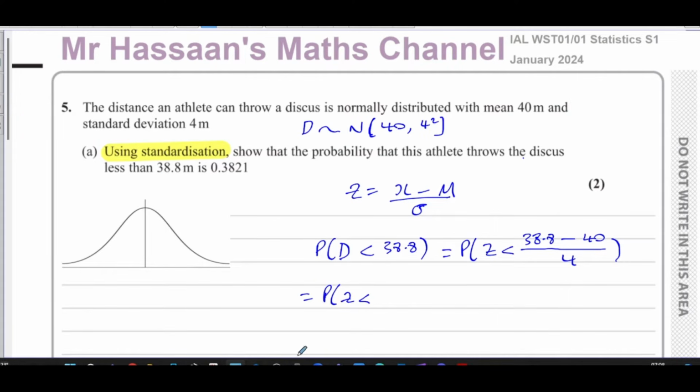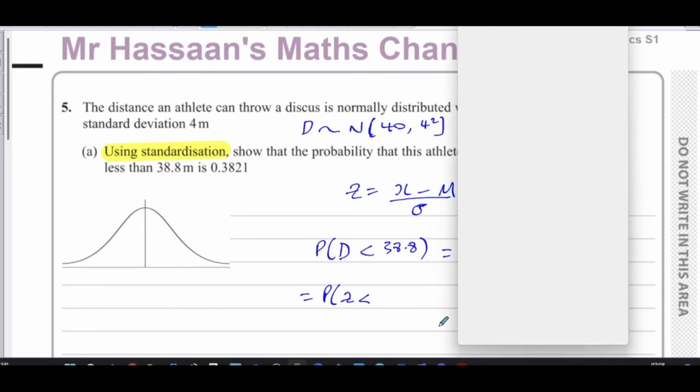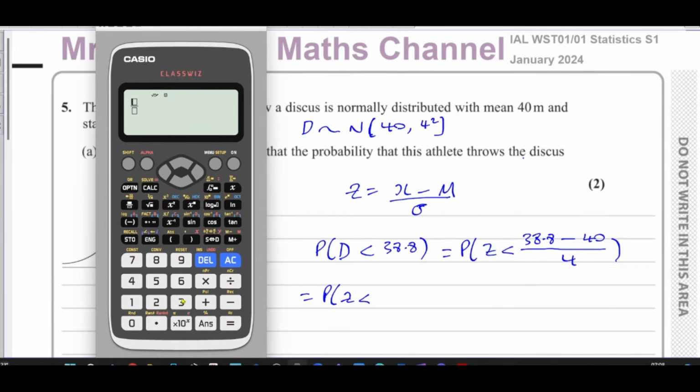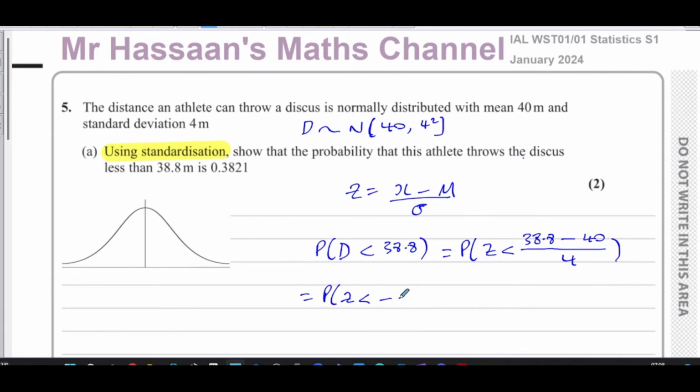If we put that into our calculator, we have 38.8 minus 40, divided by 4. That gives us negative 0.3. So we want to show that the probability of this is equal to 0.3821. So we're going to use our